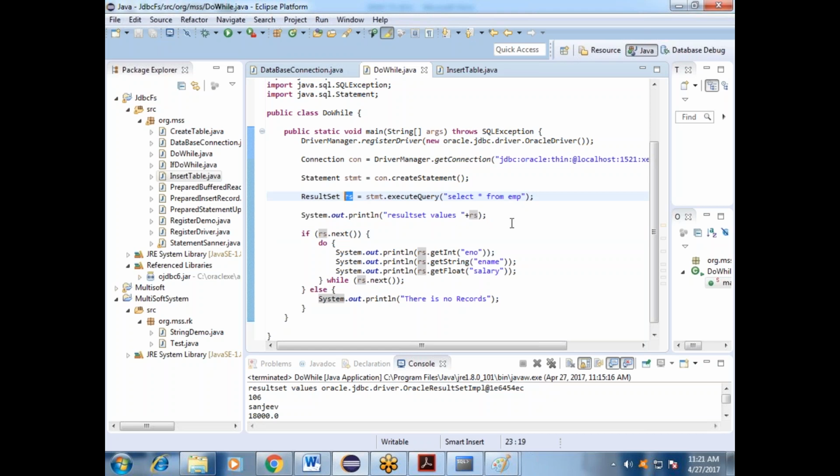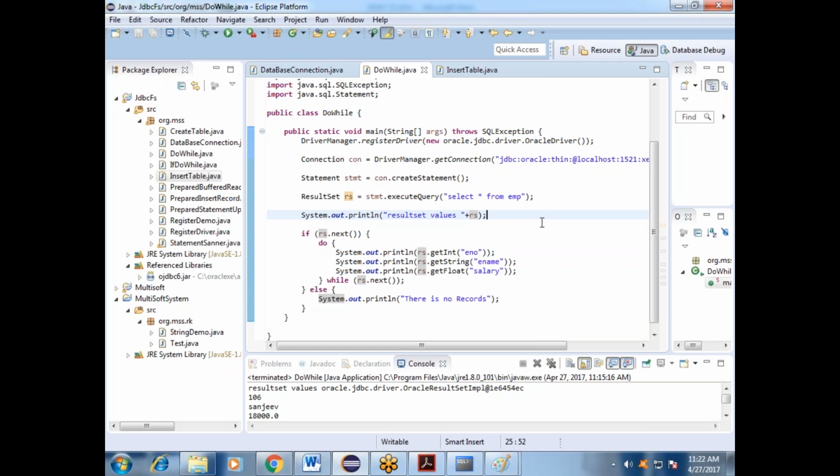Is it possible with SOP? You can say no. If you pass the ResultSet to SOP, you will only get the hash code of the address. So it is better to pass it through a loop. Based on the requirement, there will be scenarios. Right now we have mentioned the if statement, and inside that we will mention the do while.